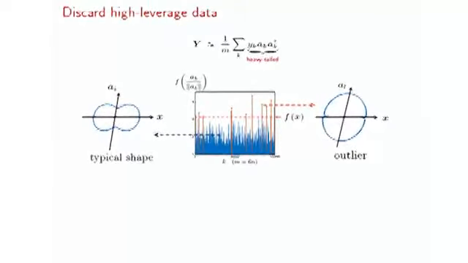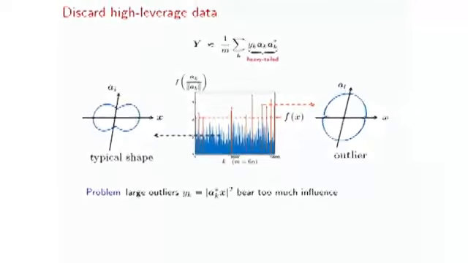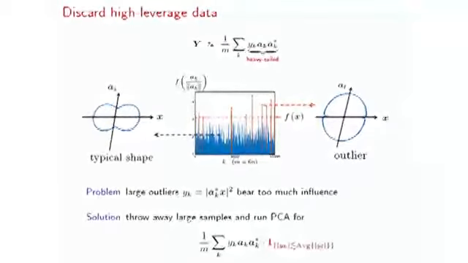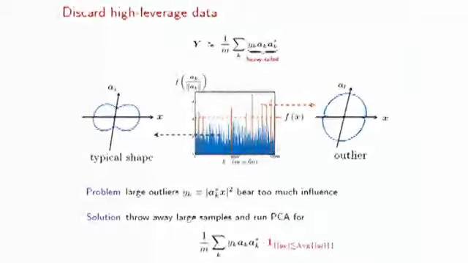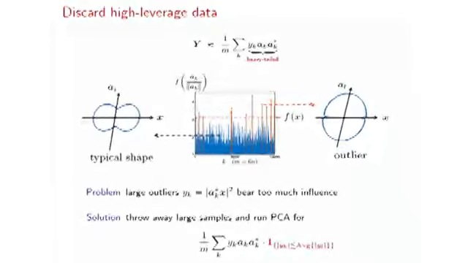The reason that this is not good is because when we are doing PCA of Y, Y is actually a sample average of a lot of heavy tail samples. So necessarily some of the samples have too high of a leverage on the principal component. In order to address this issue, we propose to undo this leverage by throwing away some large data. So we run a PCA for this truncated average of the sample matrix. This gives us some theoretical advantage, and more importantly, it has a lot of practical advantage.